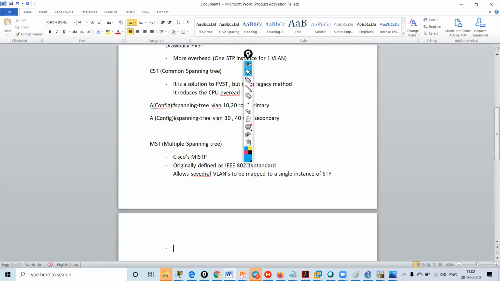Now what it does, it reduces the number of STP instances, which can reduce, you can say, processing overhead.